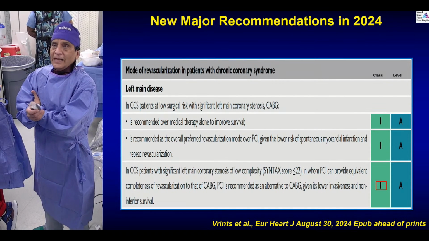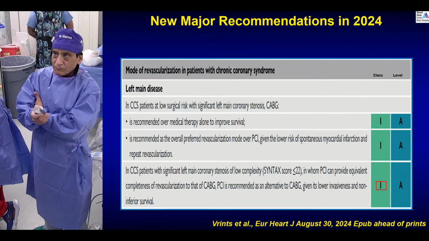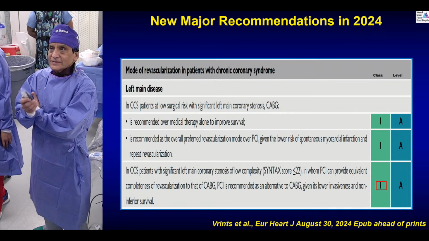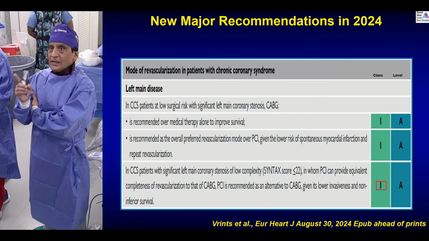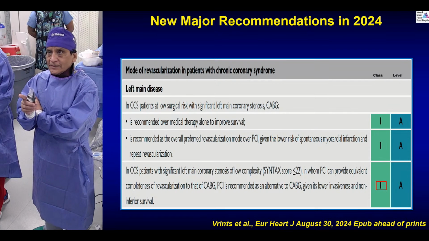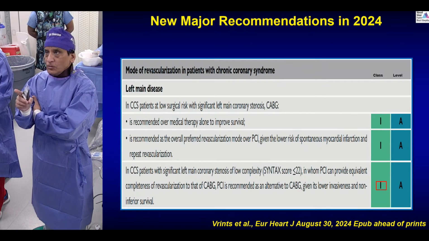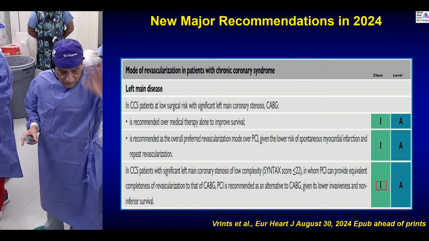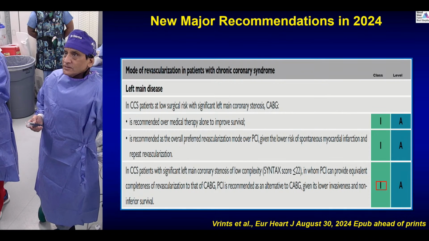So then the left main disease. While in most cases left main is a class 1 for surgery, for patients with a syntax score of less than 22, in whom PCI can provide equivalent completeness of revascularization as CABG, PCI is recommended as an alternative to CABG given its lower invasiveness and non-inferior survival. So finally, another point: the left main made it to the guideline with a syntax score of 22 or